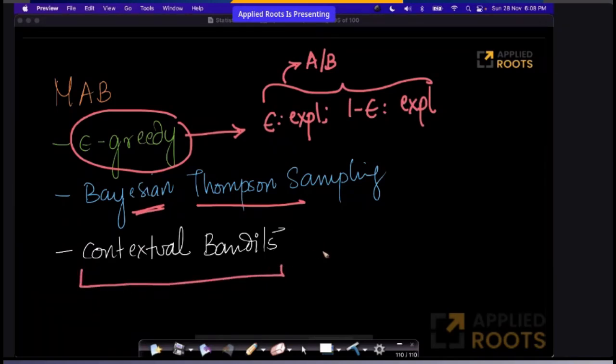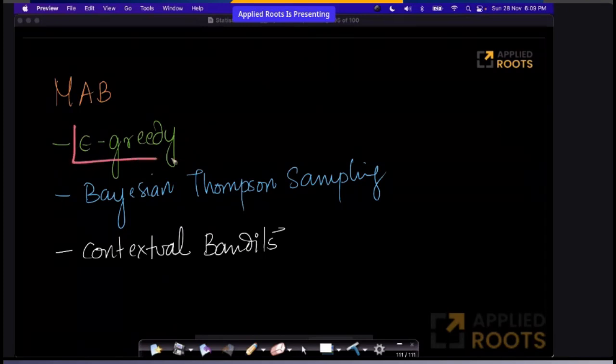Contextual bandits is literally the state of the art because we are not only using the context of the customer, we typically use machine learning models plus the whole concept of explore exploit strategies in this case, right? So without going too deep into that, I hope you have understood epsilon greedy clearly, if not others. These two are slightly more complex. We might have to cover them at a later